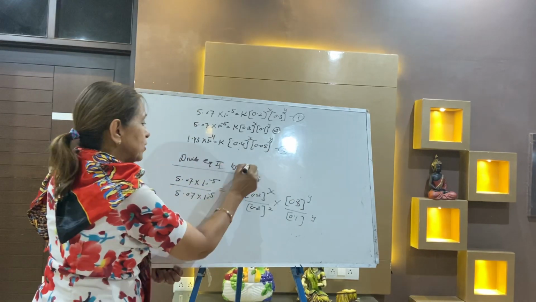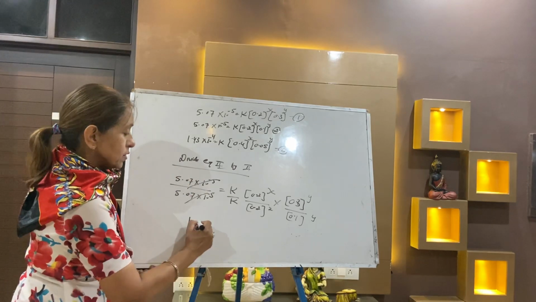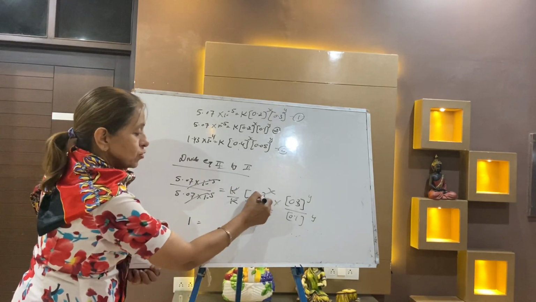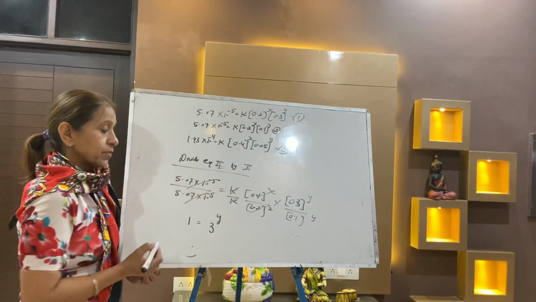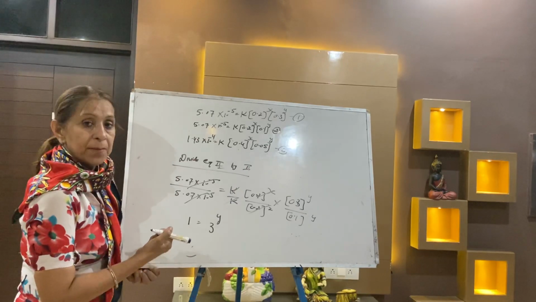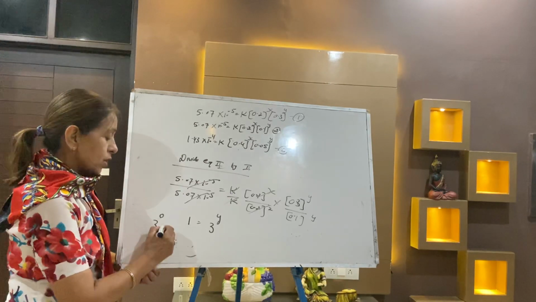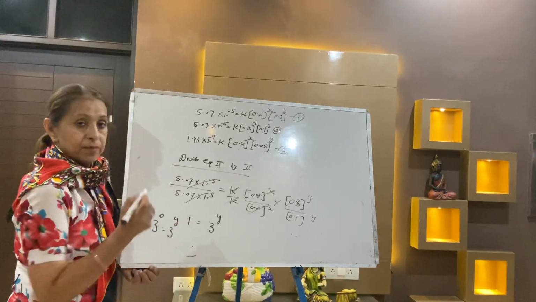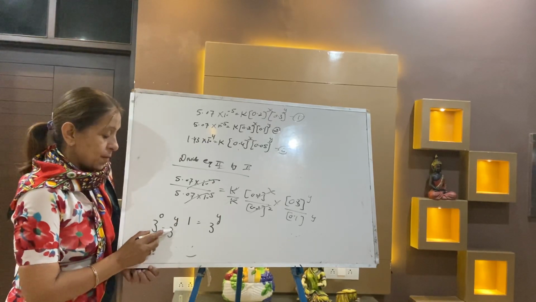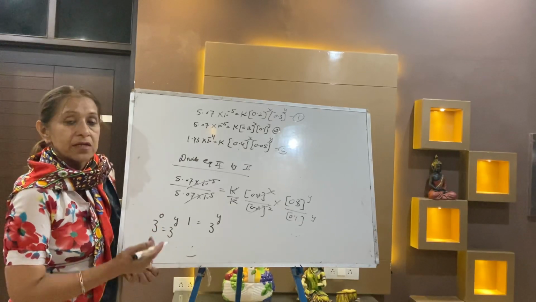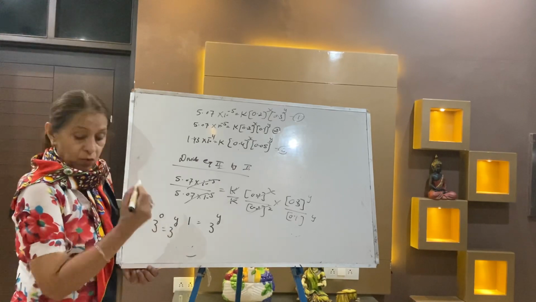Dividing first by second, it is one and the same thing. Now it cancels. So 1 is equal to K cancels, 0.2 power X cancels, and your answer comes 3 power Y. So 1 is equal to 3 power Y. Make the bases the same: 3 power 0 is equal to 3 power Y. That means Y is 0 order. So Y is 0.